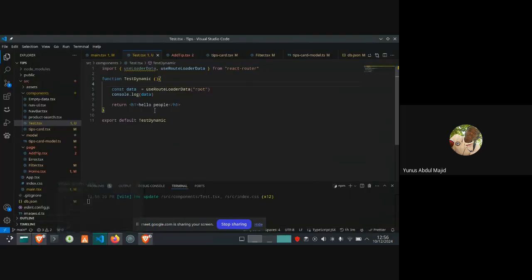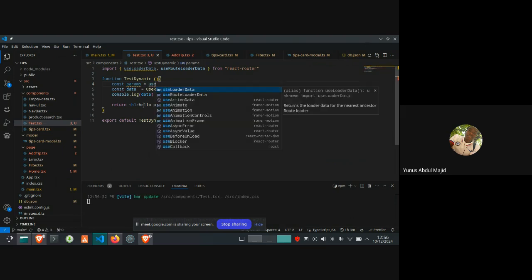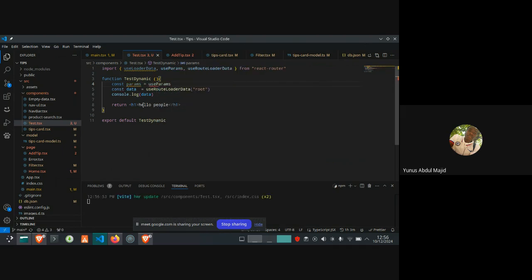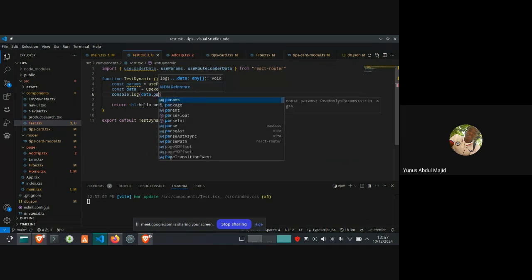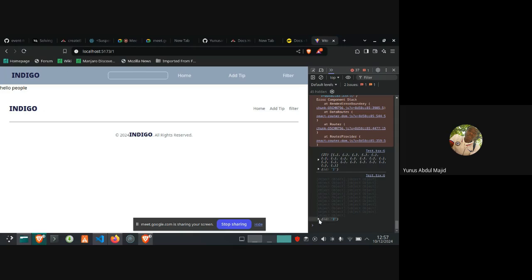So we use a hook in React Router called useParams. So let's see what this returns. Params. You see, it returns id.